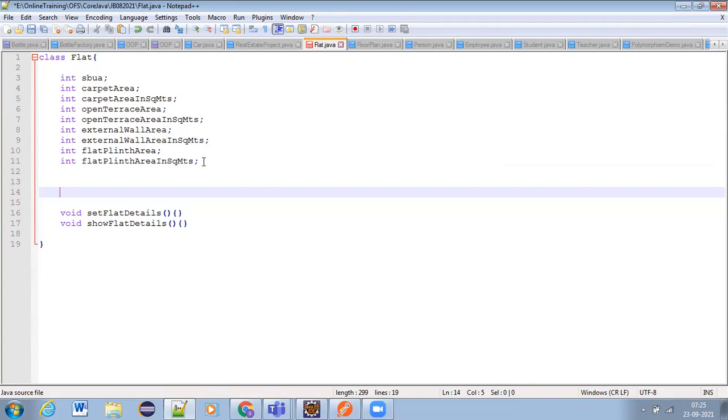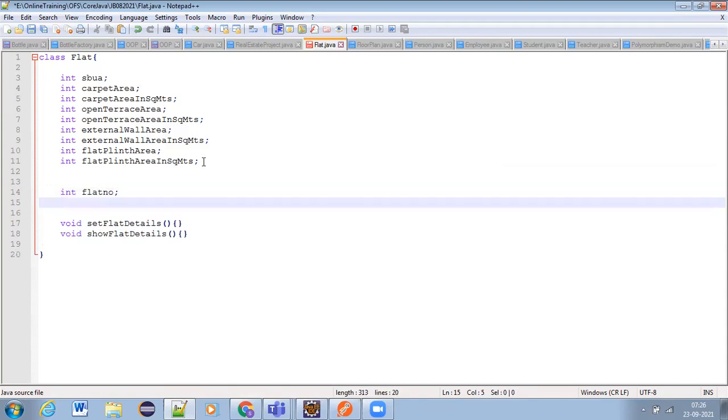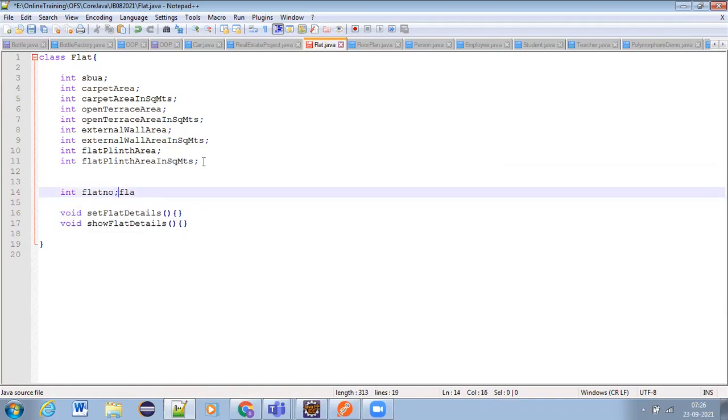Every flat will have a flat number also, right? Do we have a flat number or not? So take flat number, that we also need. And corresponding to every flat there would be some maintenance charge also, or not? So maintenance charge, what is the data type?